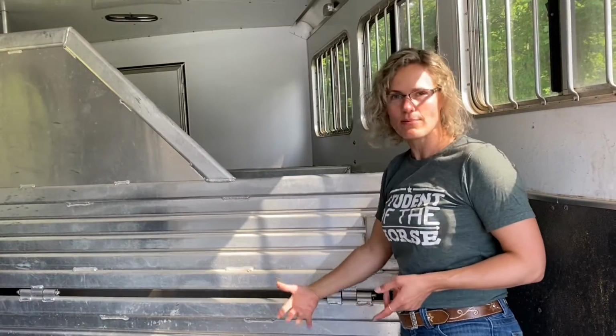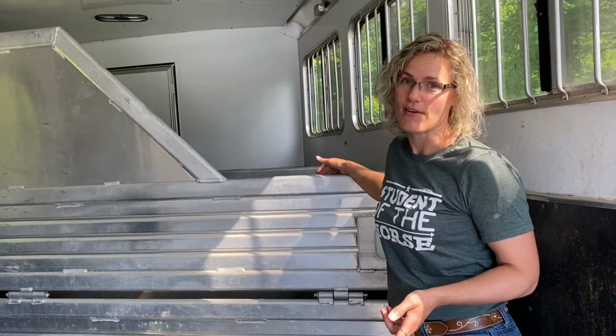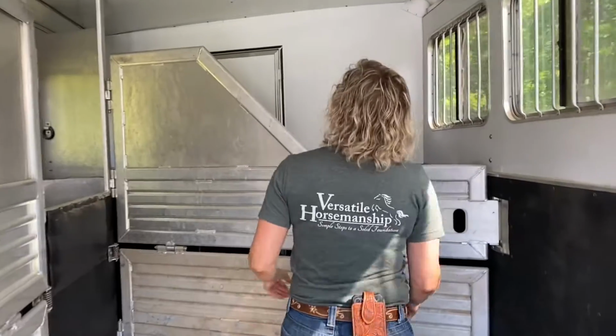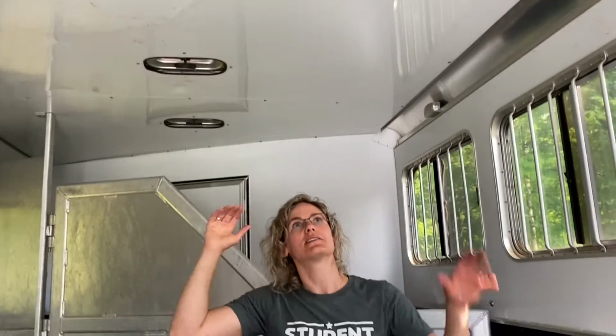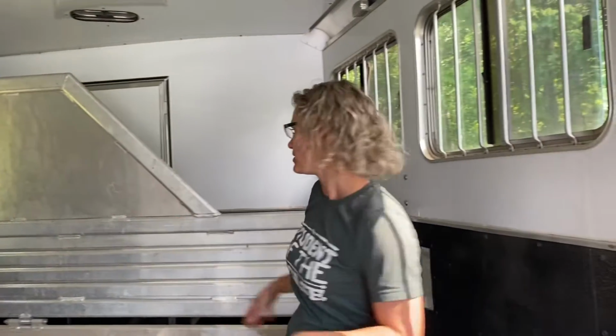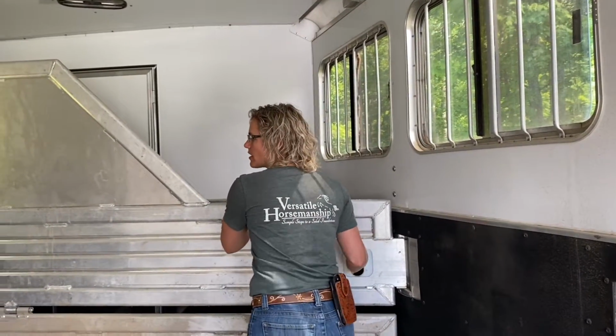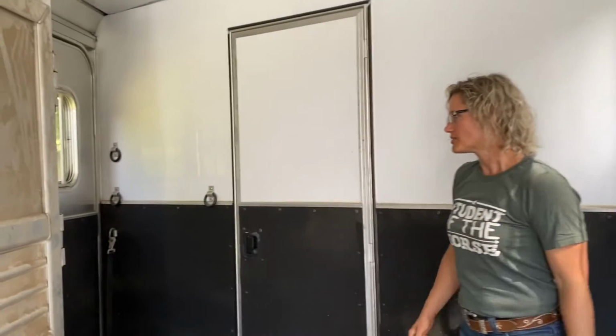And I don't have to worry about them going underneath. So I can actually fit 7 horses if I'm traveling with my minis. There's a lot of really great ventilation in here, and I like that it's insulated and it's white inside, so it won't be as hot in the summer and it won't be as cold in the winter. They'll stay very comfortable. First stall, there's just an entrance there, and we don't have to worry about horses